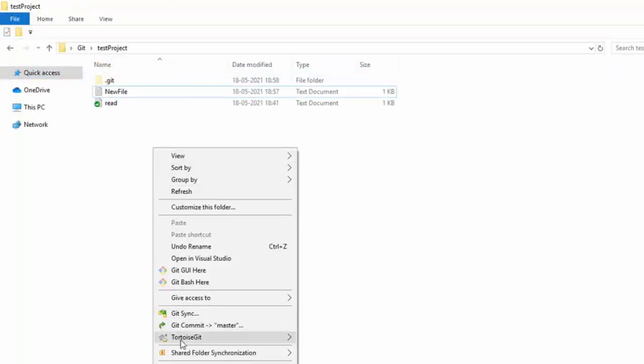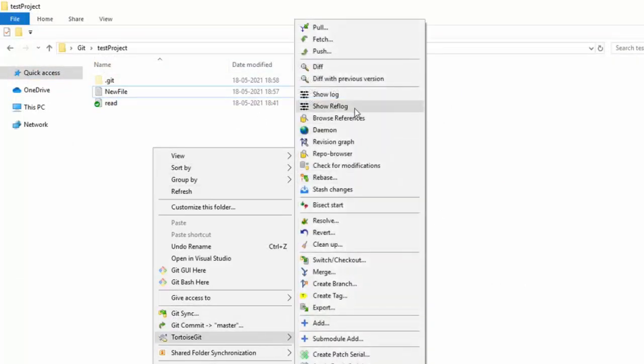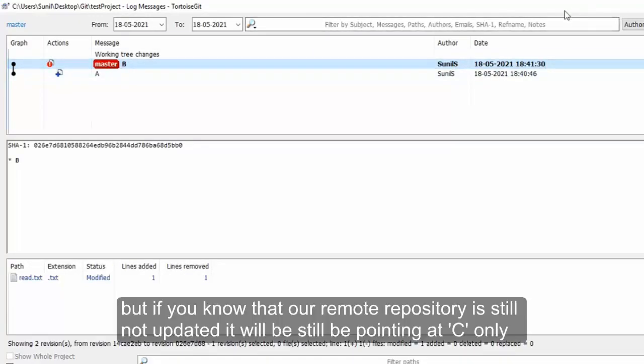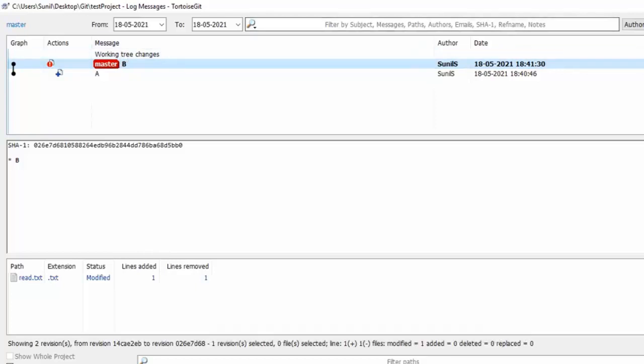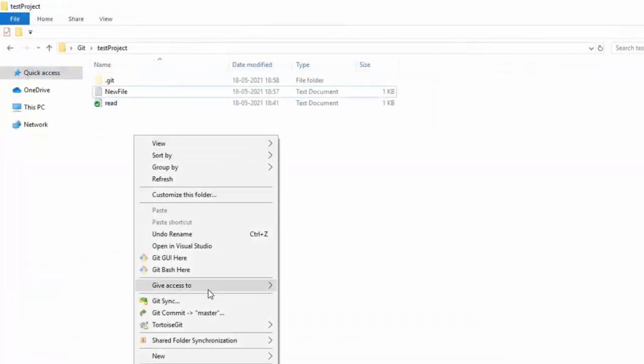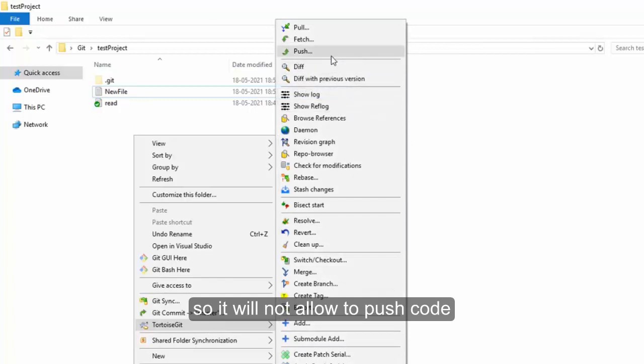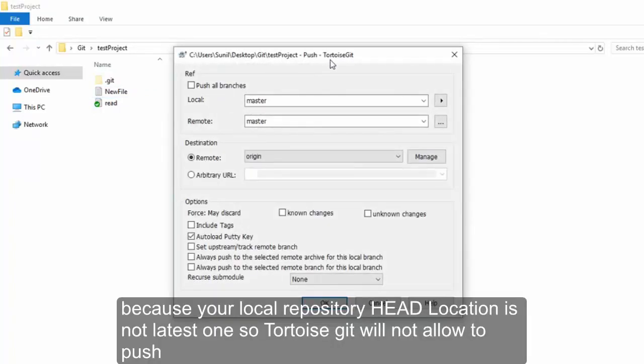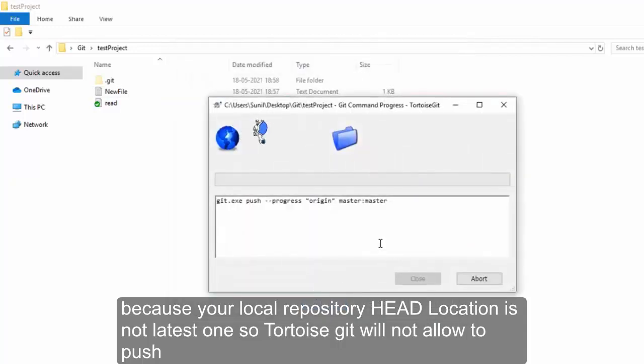You can see the log again. Now it is big. But our remote repository is still not updated, it will be pointing at C only. So it will not allow you to push, because your local repository head location is not the latest one. So it will not allow you to commit as well.